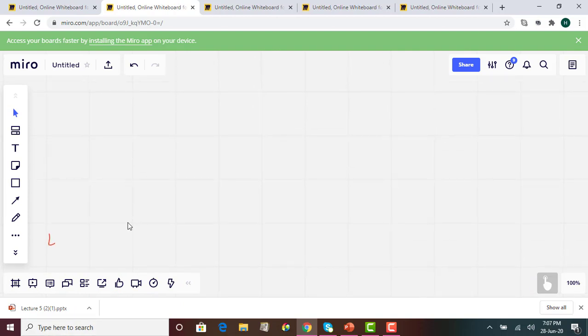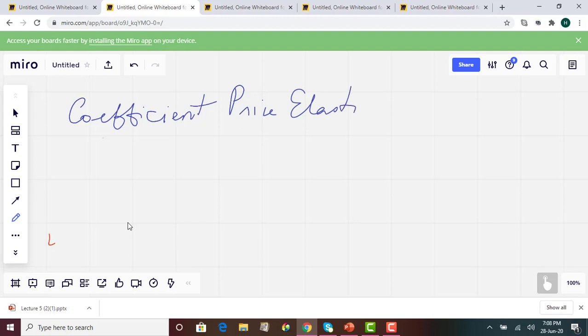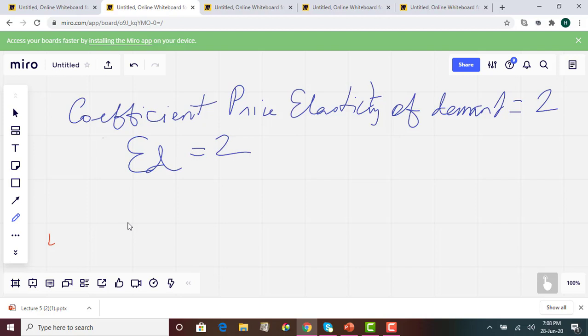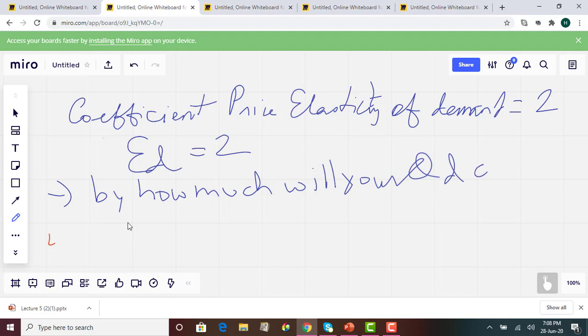Okay, so let's say you are given a coefficient of price elasticity of demand equal to 2. Okay, so basically we are given ED is equal to 2. Now I ask you, by how much will your quantity demanded change if price